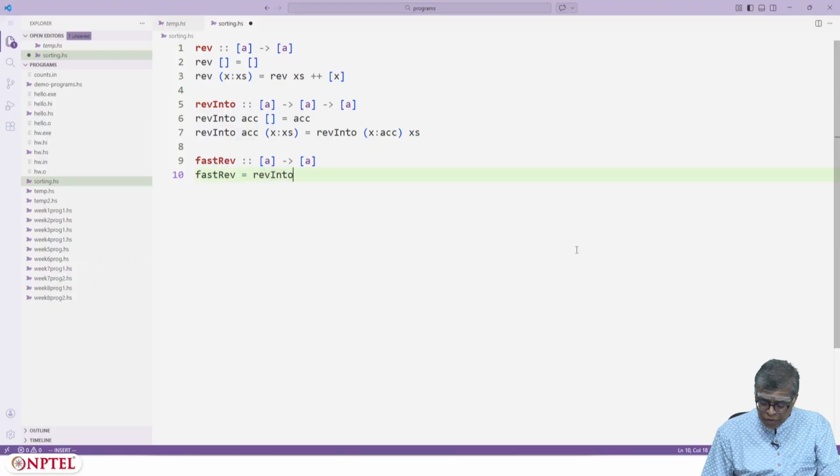Fast rev is nothing but reversing into the empty list as the accumulator. Okay, so now let's save this.